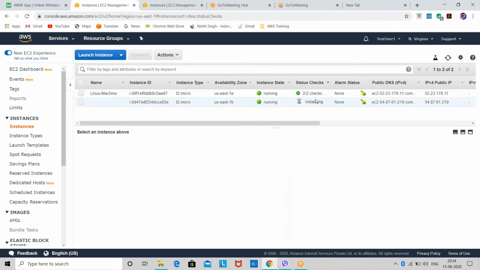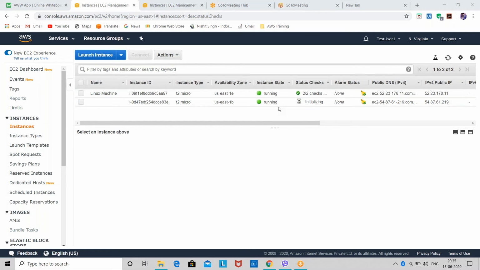So you guys can see now two instances are running. This instance is the previous instance that I have created, and this is the new one that auto scaling group has created for me. Because my ELB and auto scaling group have been configured perfectly and correctly, we are not facing any issue in the instances. Whenever I refresh it, we don't face any problem with the instance.